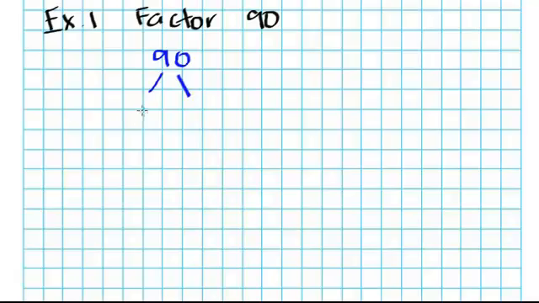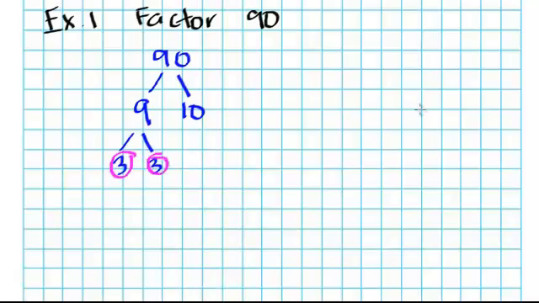I know for sure that 9 times 10 will give me 90. Since 9 can still be divided, I think of two numbers that divide 9: 3 and 3. Can I divide those 3's anymore? No, I can't. These are prime numbers. So I'm done on this side